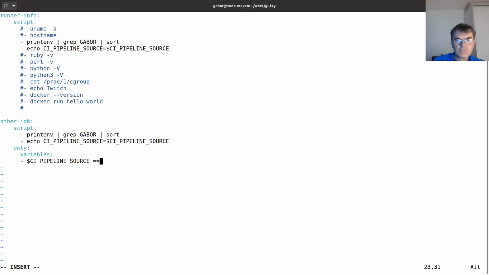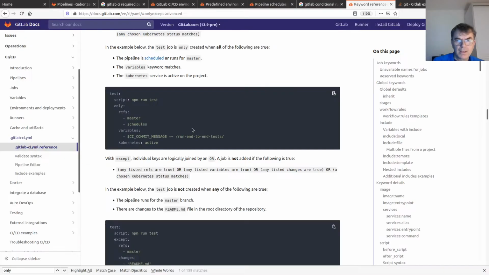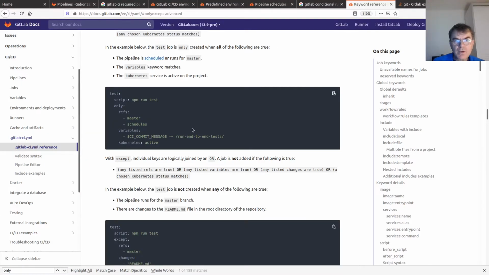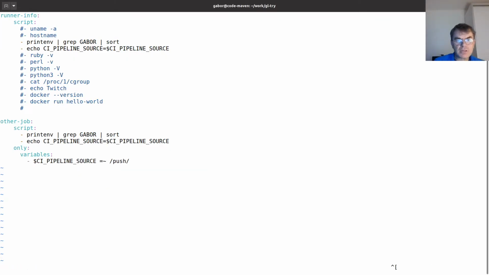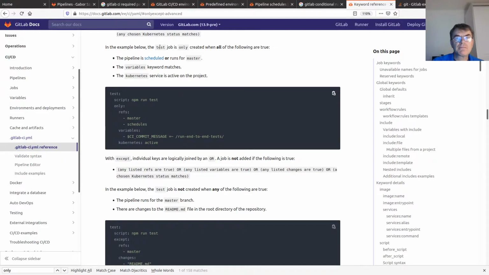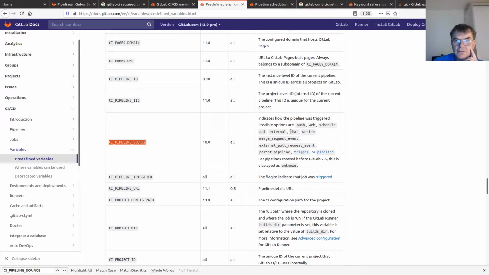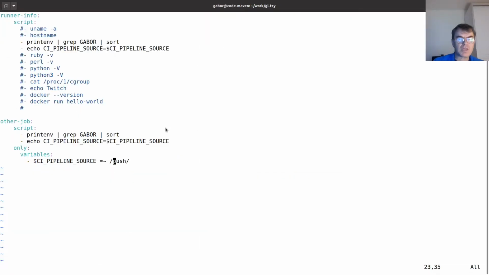So let's start with this one. It only runs when it's push. Okay. Then I can add some more indentation here. So let me see. Go back here and see what were these values. Do you remember the values here? These were the values: push, web, schedule. Okay, so we can even use these ones just to make sure that we are really, really strict with our